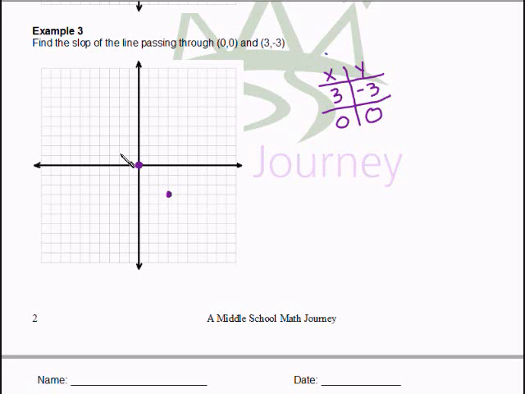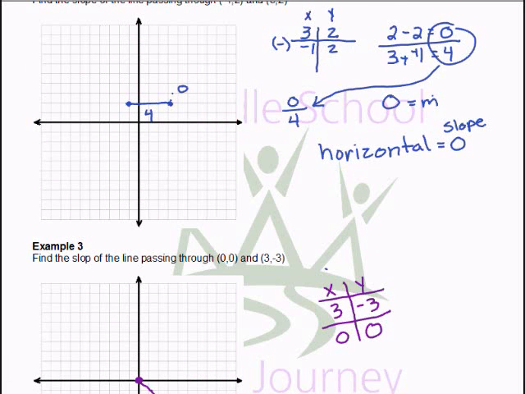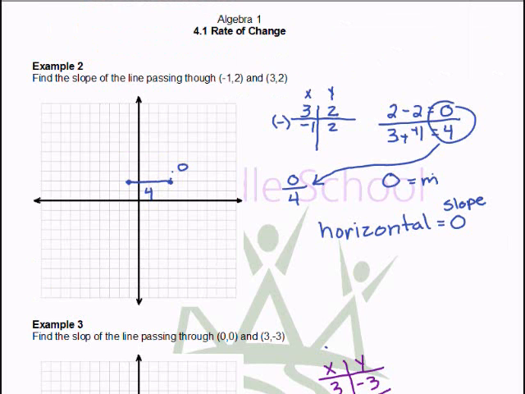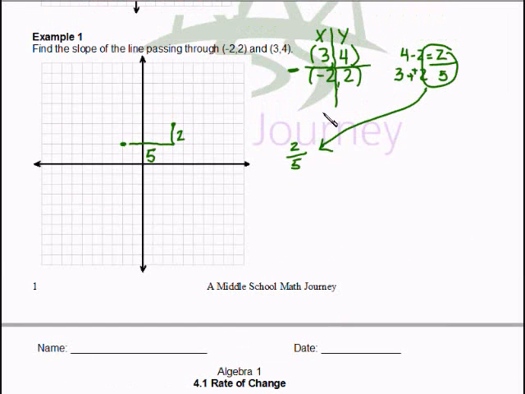Okay, now notice this line is going down. Look at the other ones. For example, example number 2 is just a straight line. Your slope is 0. If you look at example number 1, your slope is positive, and this line is going up. If you always start in this corner, start right here in a graph, you can tell